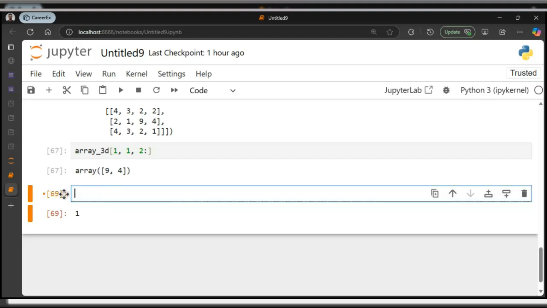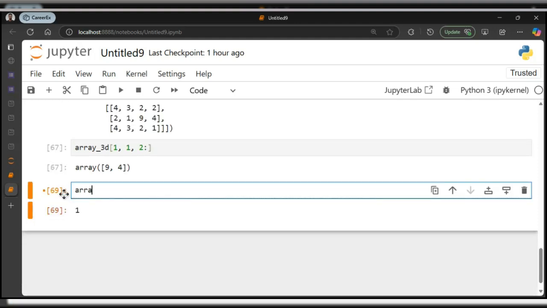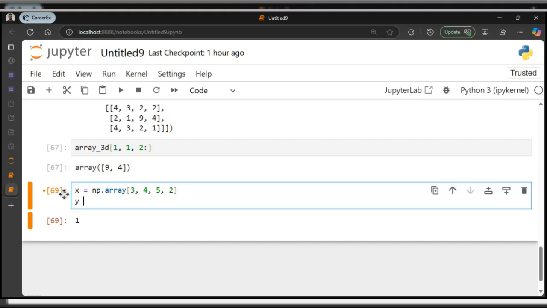But now, how do we do the same thing for NumPy arrays? Let's say I have a 2-dimensional array, or let's just use x and y. X is equal to np.array. Okay, let's start from a 1-dimensional array. I have 3, 4, 5, 2. All right, let me have y here. Then np.array. I'm going to have 6, 7, 3, 4. So these are 2 arrays that we want to